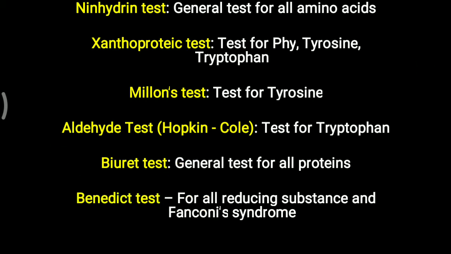Further, Benedict's test is a simple test for all reducing substances. These reducing substances are of both types, carbohydrate and non-carbohydrate. Among carbohydrate reducing substances, you have to remember glucose, fructose, galactose. So in galactosemia as well as fructosuria, and in some particular conditions like diabetes mellitus, this Benedict test will be positive. But apart from that, in Fanconi syndrome, where glucose, phosphate and bicarbonate appear in the urine, this can also be detected with the help of a positive Benedict test, suggesting that a reducing substance is present, and that is indicating so many diseases.